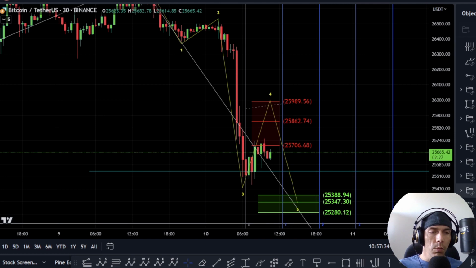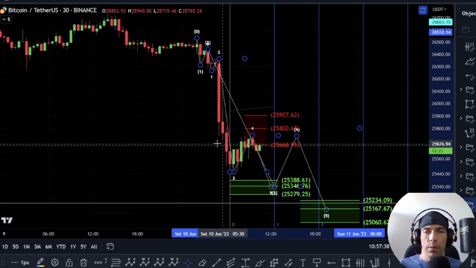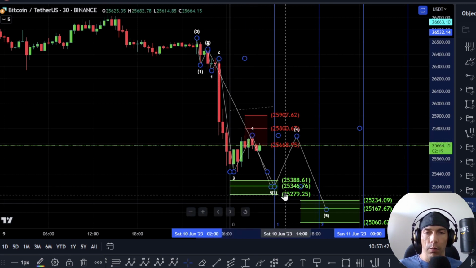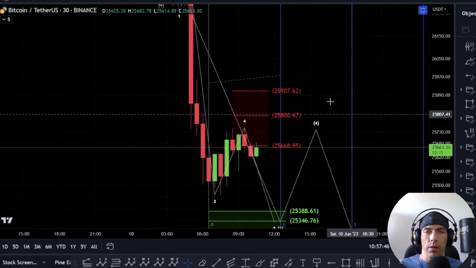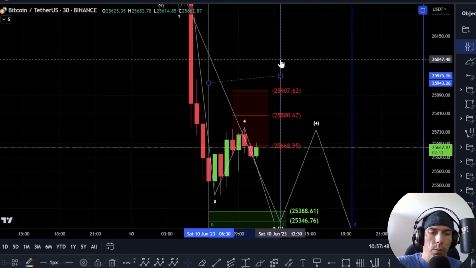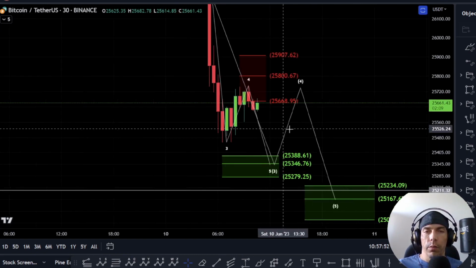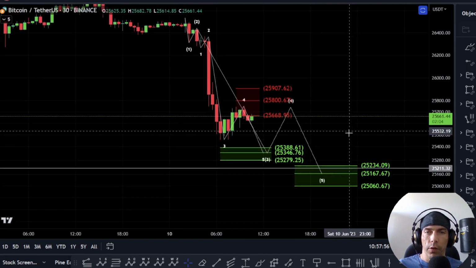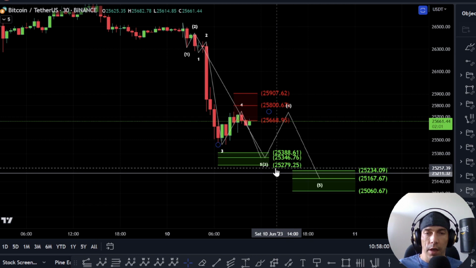Now, what we'd then be looking for would be the potential that actually we could see this reject a lot quicker, where this is 1, 2 here, 3, 4, and then we'd actually be expecting this correction to roll over pretty soon because the time relationship between the wave 2 and the wave 4 would already be getting stretched out here. So now what I would be looking for, if we do continue to break down for additional 4ths and 5ths here, is this primary target of this 25,388 to this